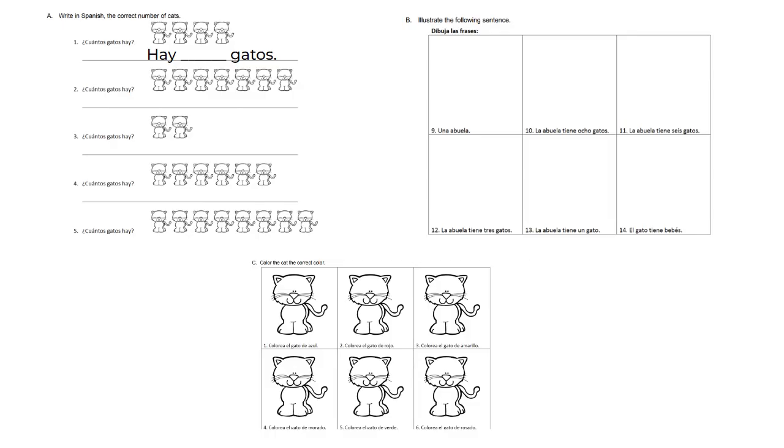All right, so I would recommend going back and listening to the story and try to read it now to somebody near you so you can practice your reading as well. And I'm also including the Gatos practice worksheets at home so you can start to create sentences responding to the question, ¿Cuántos gatos hay? How many cats are there? And so you would create a sentence by saying, Hay, and then plug in cuatro, followed by gatos. So respond to the questions.